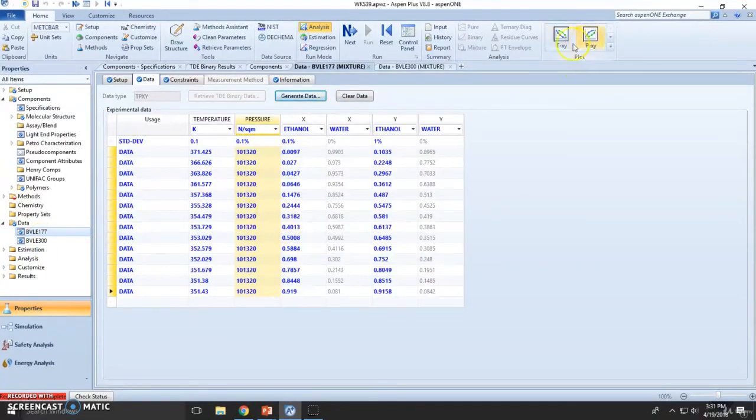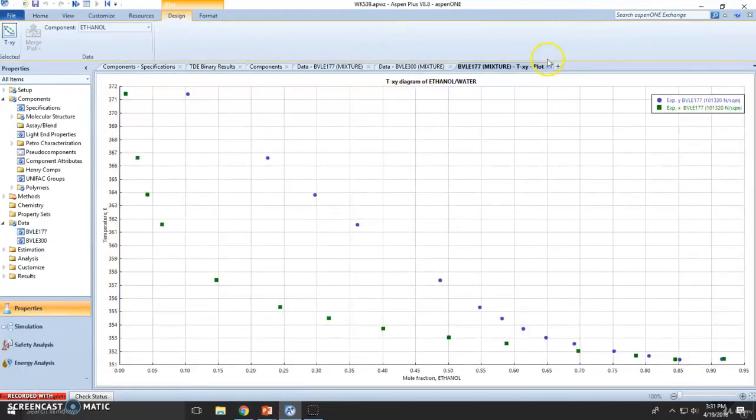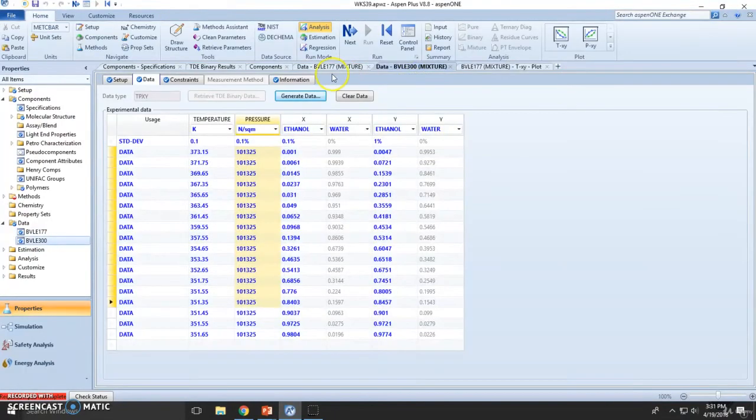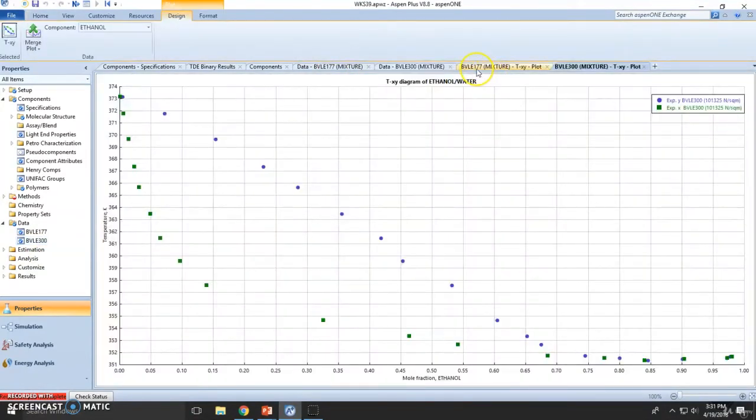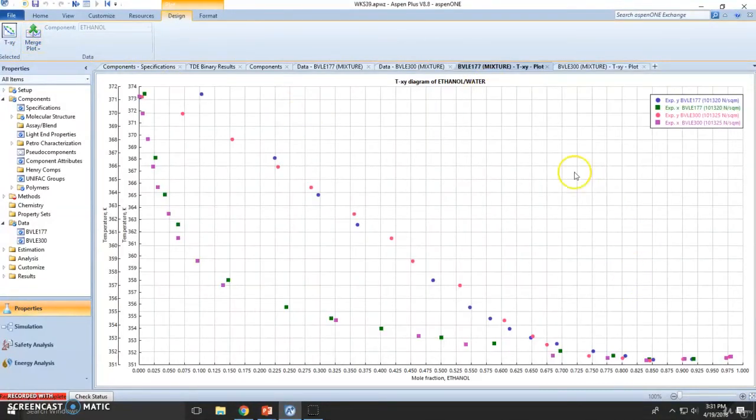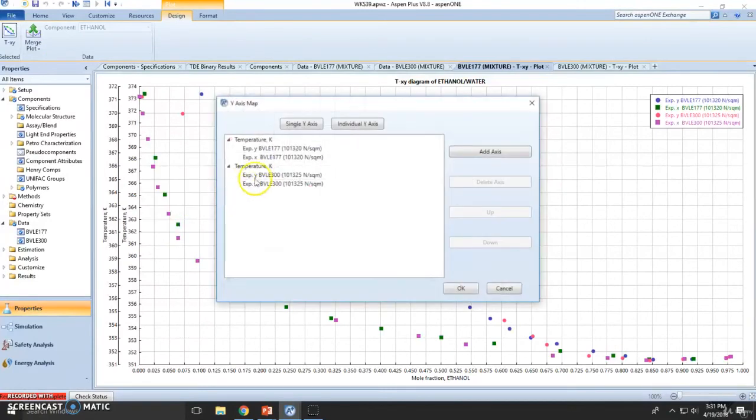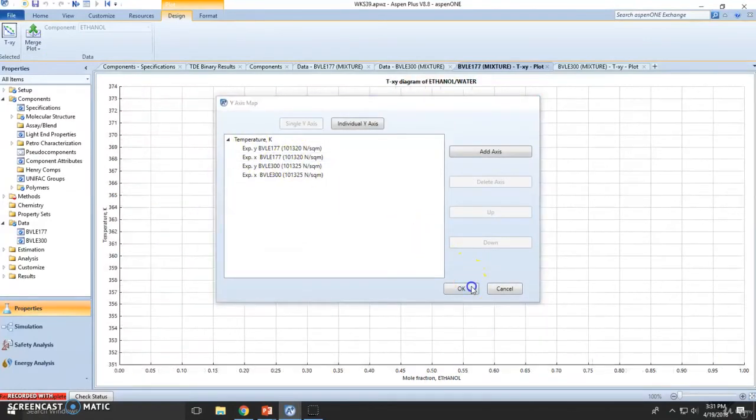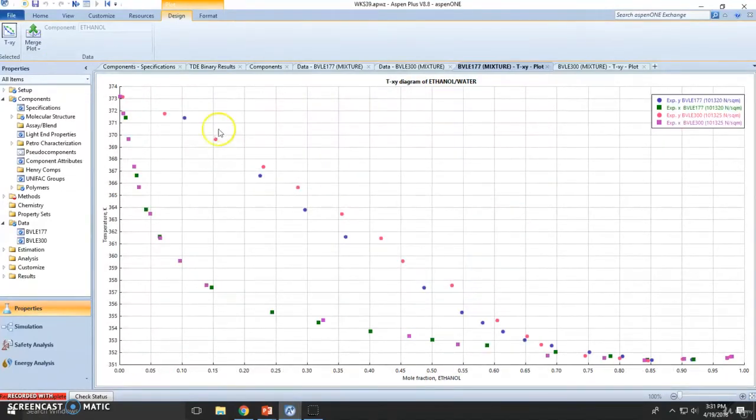Actually, let's make a TXY diagram. Let's get here the TXY diagram. Now let me merge both plots. So as you can see, they are pretty similar. Let me always use a single y-axis. So you can see the data is pretty similar. They follow the same trends